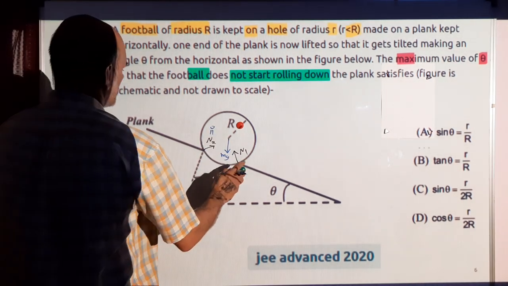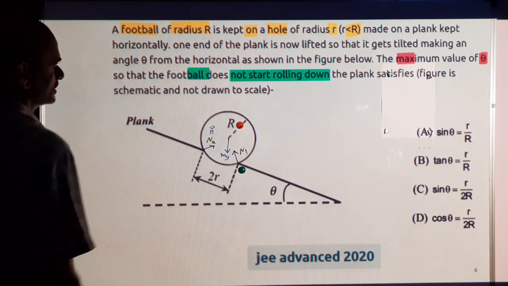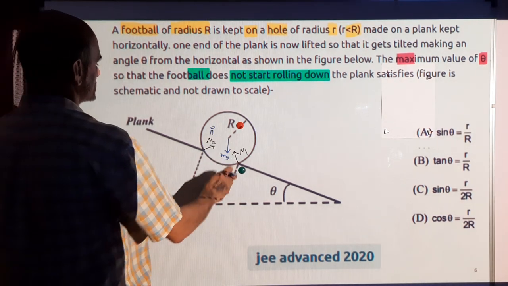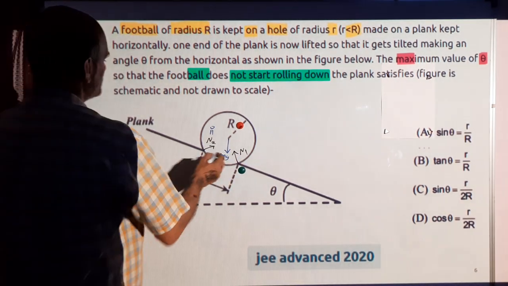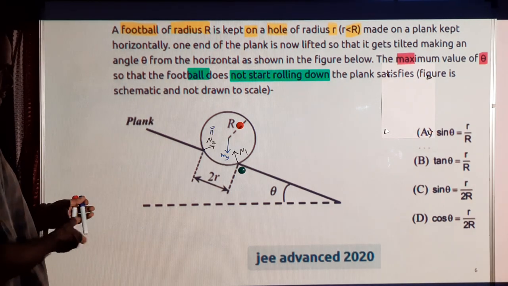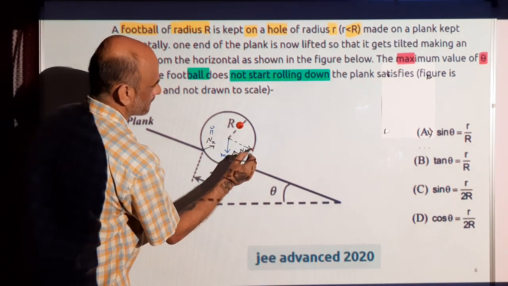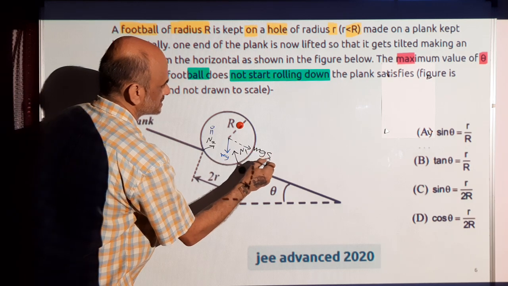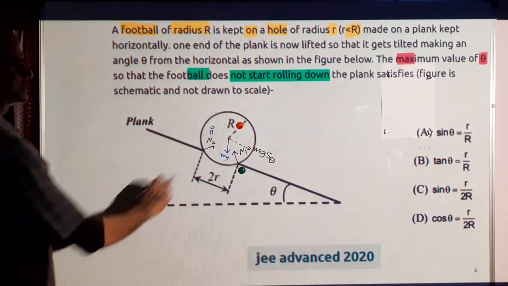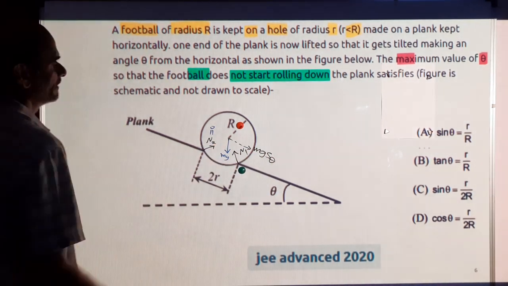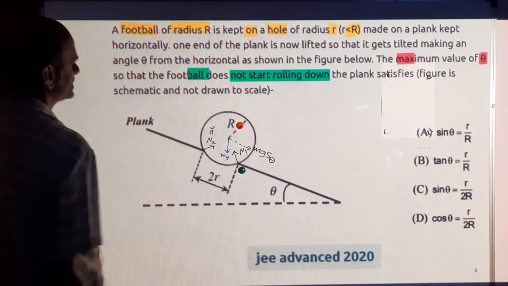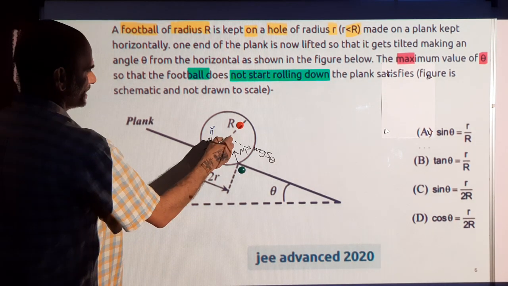Taking the torque about this point 1, the torque due to N1 is 0 because it passes through the point. And this mg can be split into two components. One is mg sin theta down the plane. This is a standard result: for an inclined plane of angle theta, the weight component down the plane is mg sin theta, and